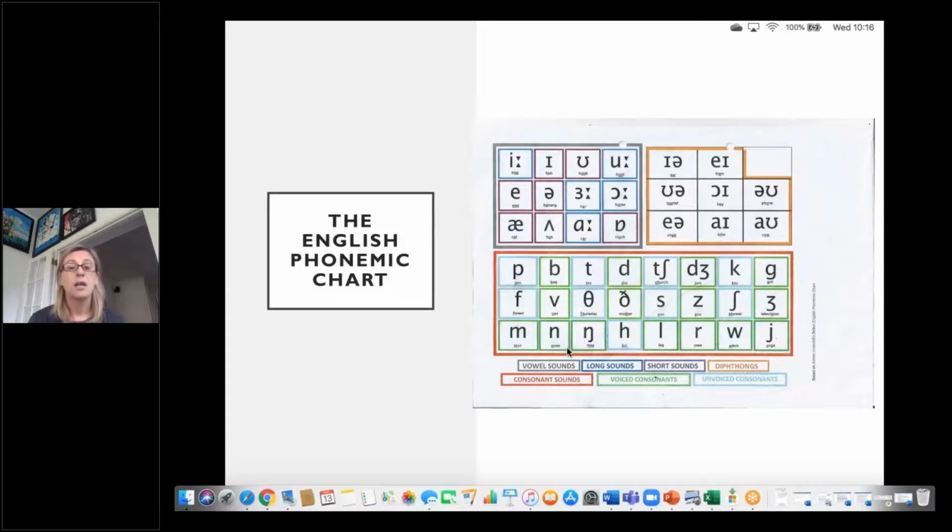Which are the other ones? And sometimes people get sort of confused between the and the n. Okay, so there's a little bit of differentiation between those two, but again, they can be quite tricky. So,